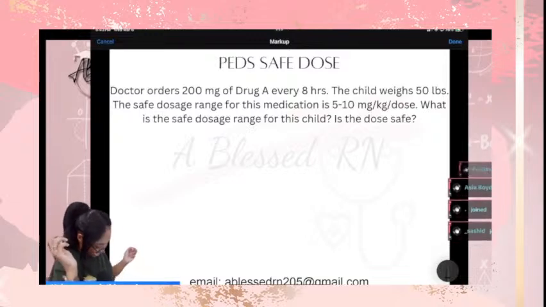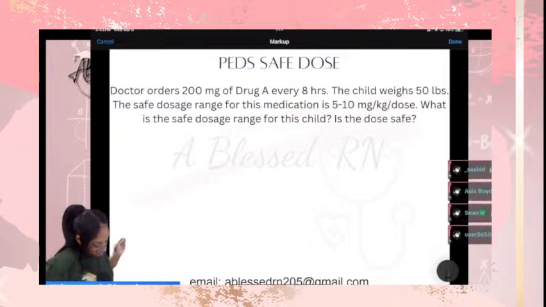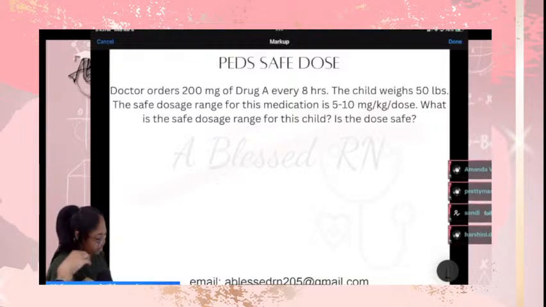All right. Doctor orders 200 milligrams of drug A every 8 hours. The child weighs 50 pounds. Safe dosage range for this medicine is 5 to 10 milligrams per kilogram per dose. What is the safe dosage range for this child? Is the dose safe? Okay, so